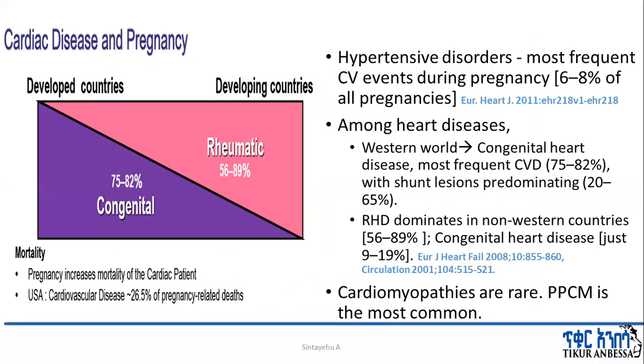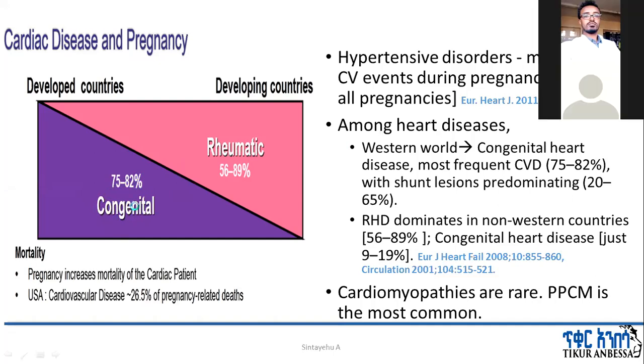When we see the etiologies of cardiac disease in pregnancy in the West, hypertensive disorders are the most frequent cardiovascular events during pregnancy, accounting for 6 to 8% of all pregnancies. But among the heart diseases in the Western world, congenital heart disease is the most common cause of cardiac disease during pregnancy, accounting for 70 to 80% of the cases, with shunt lesions predominating,